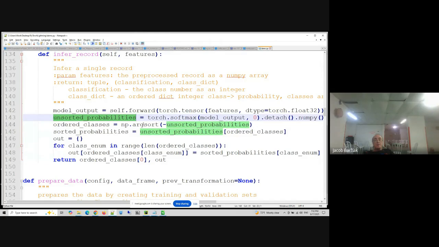Sorry, not names here. These are numbers, and then it will return the best. The best is the one that's on top, if you order the classes such that the highest probability is first, which is what we do. Then it will return the classes, but it also will return other information, like for each class name, the probability of reaching that class. This is useful for later on. I'm going to show you when we output the files later.